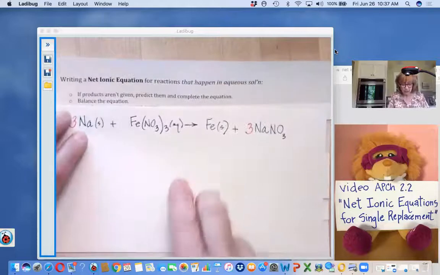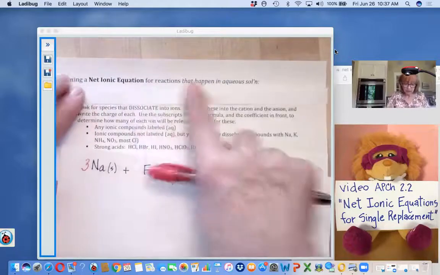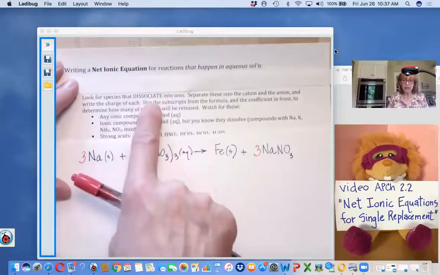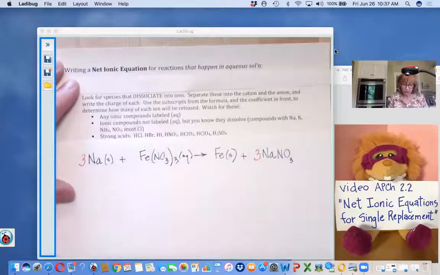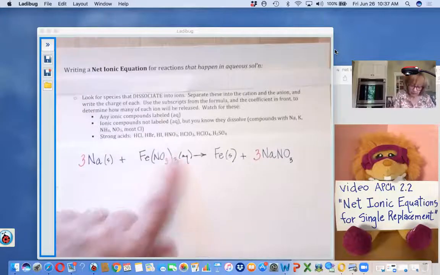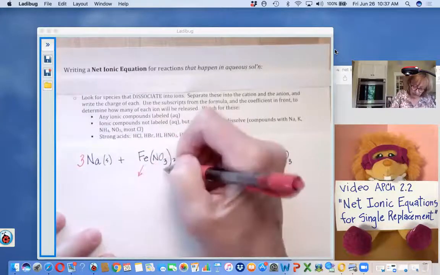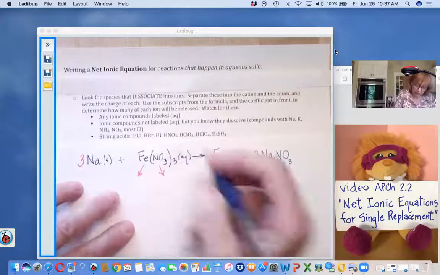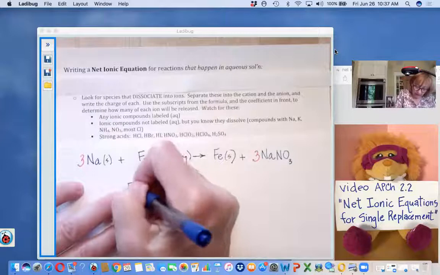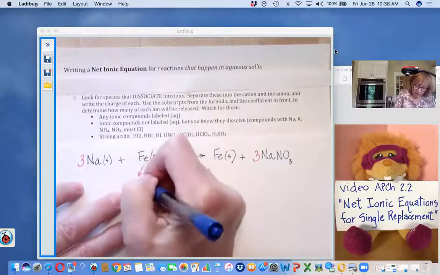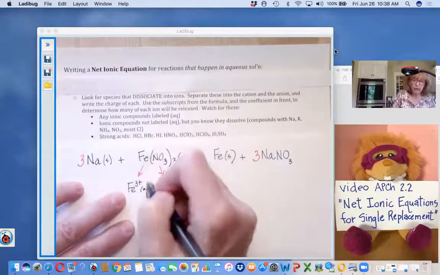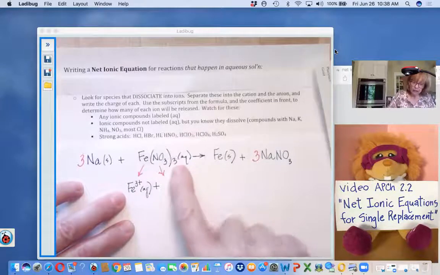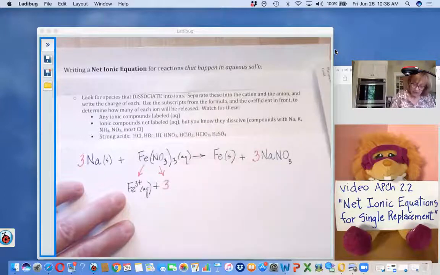Net ionic equation has you considering next any species that dissociate into ions. Primarily, I'm looking for anything that's labeled aqueous, as this one is. So I know that in solution, this iron 3 nitrate actually exists as iron 3+ cations swimming in solution, and 3 separate nitrate